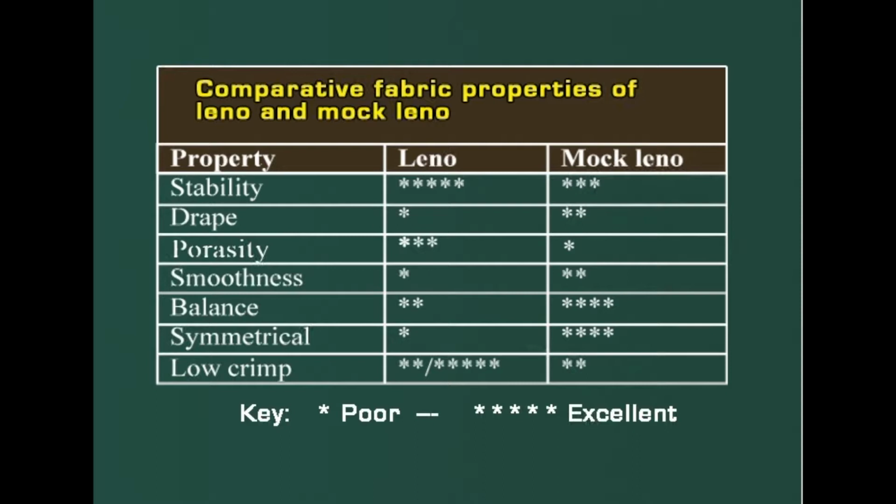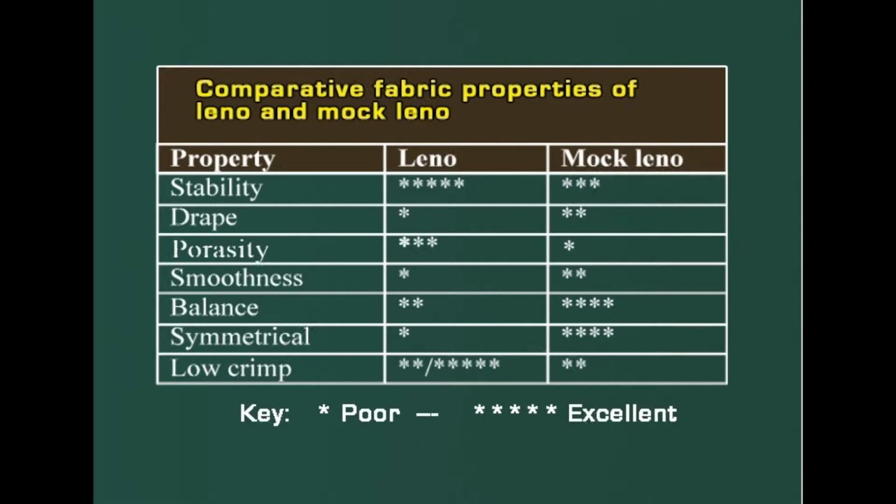When we take stability into consideration, Leno fabrics have very good stability when compared with mock Leno ones. When we take drape or drapeability, Leno fabrics have less drape when compared with mock Leno, which means that mock Leno fabrics are more drapeable. They cling to the body or mold to the body. When you have a look at the porosity property or feature, Leno fabrics have more porosity, whereas mock Leno has less porosity. When you look at smoothness,